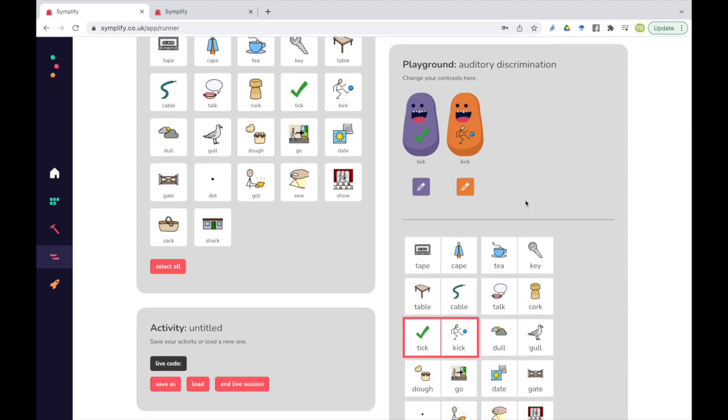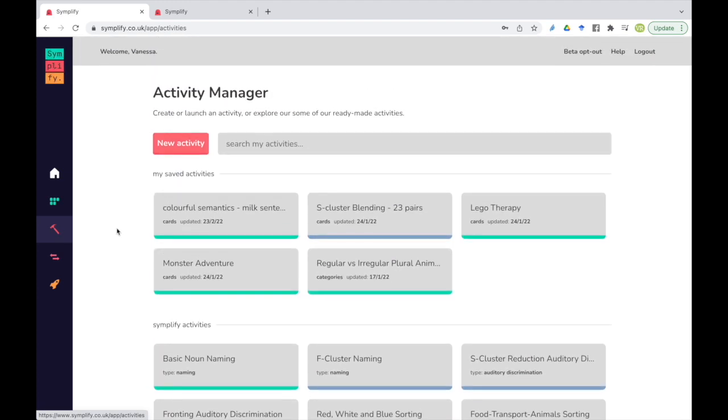So what I will do now is show you how we might create a card game, because this is where the saving comes in really useful, I think, particularly for the card games. It's useful for all of them, but I'm going to show you how we can create and then save a card game. So that last minimal pairs one that I did for auditory discrimination, I didn't save it.